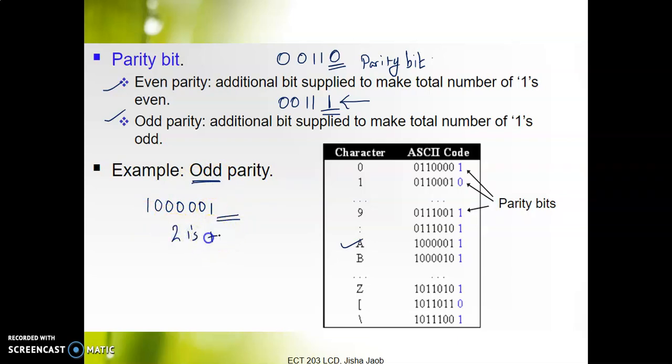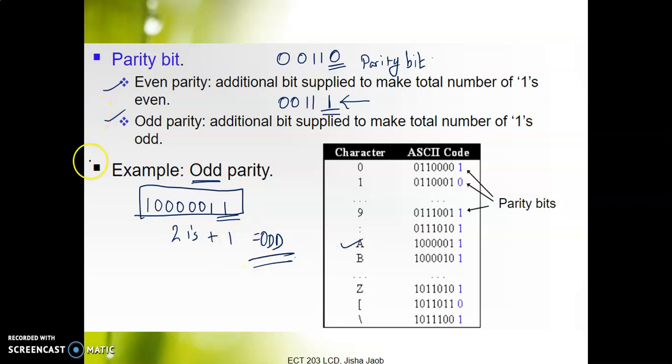So to make it odd, you have to add one more 1. So the odd parity bit turns out to be a 1 in this case. Thus, we form the odd parity bit. This is what is transmitted. That is the original ASCII code of the letter or character A along with the odd parity bit 1. This is how we transmit.